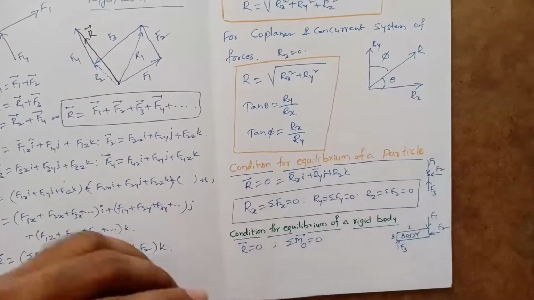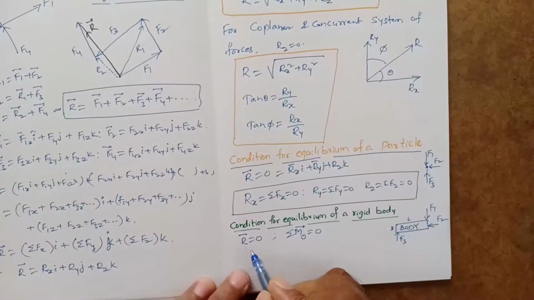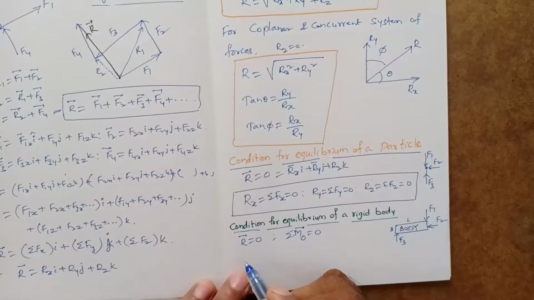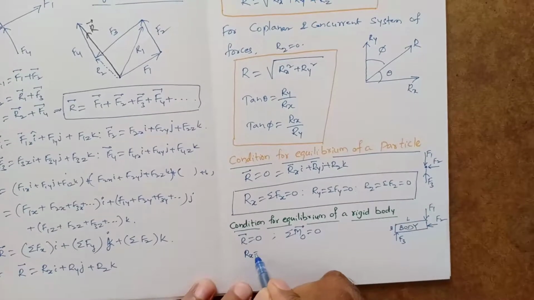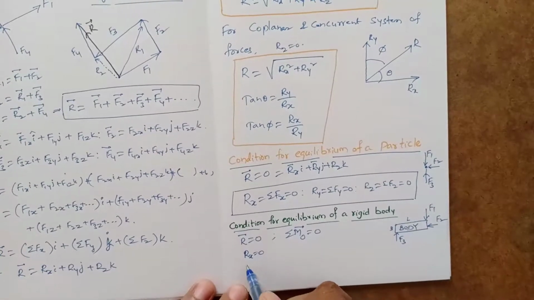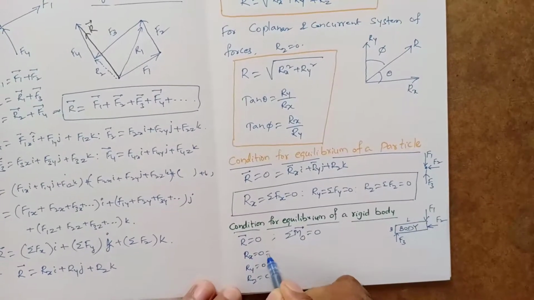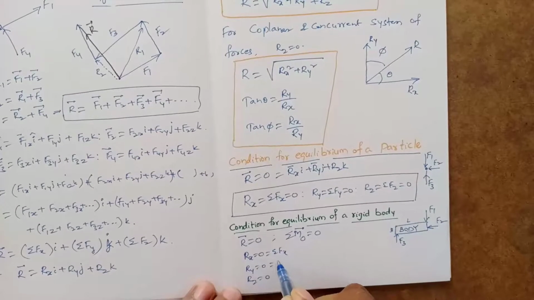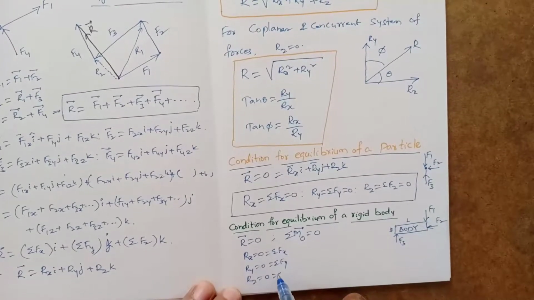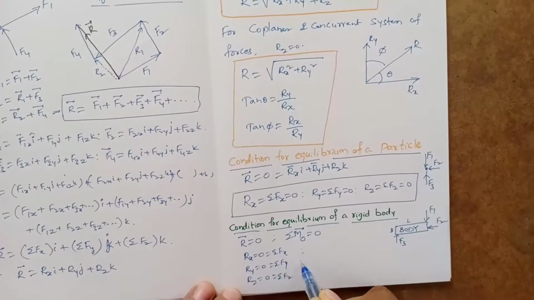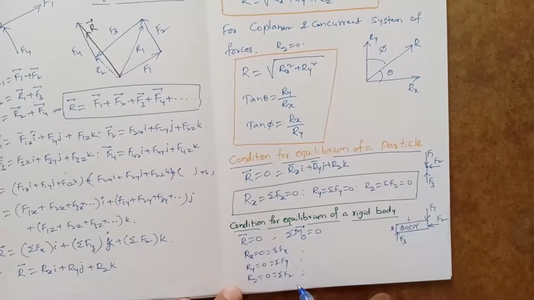And if you write it component-wise, R bar equals Rx, Ry, Rz, so Rx equal to 0, Ry equal to 0, Rz equal to 0, where Rx is sigma Fx, Ry is sigma Fy and Rz is sigma Fz. So similarly, net moment